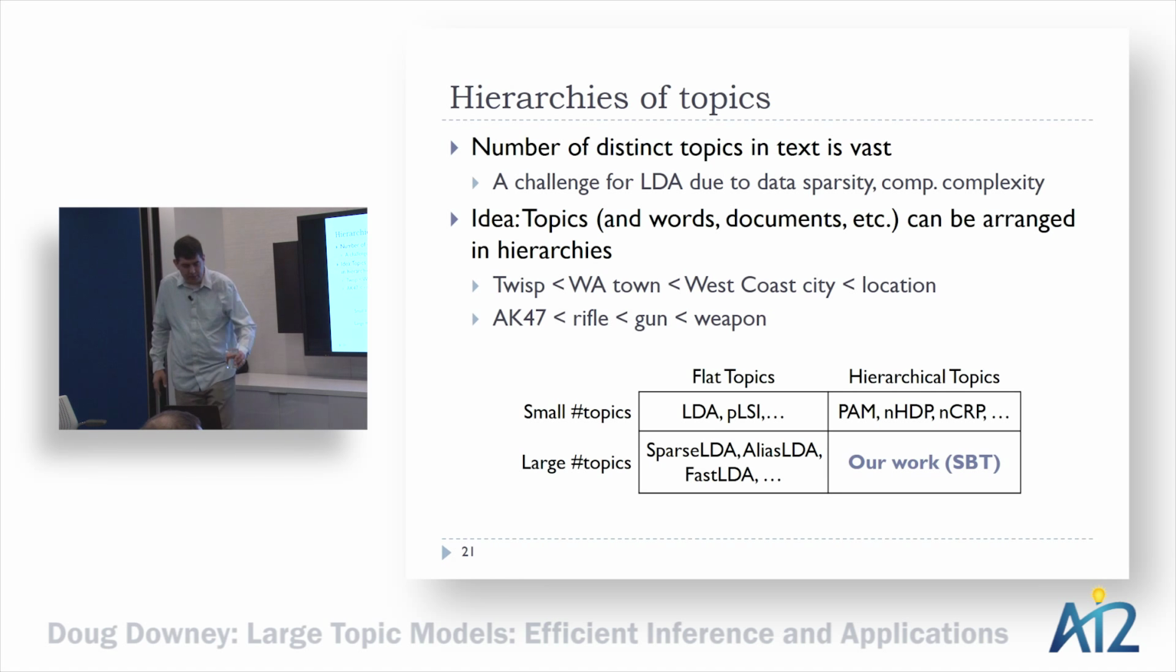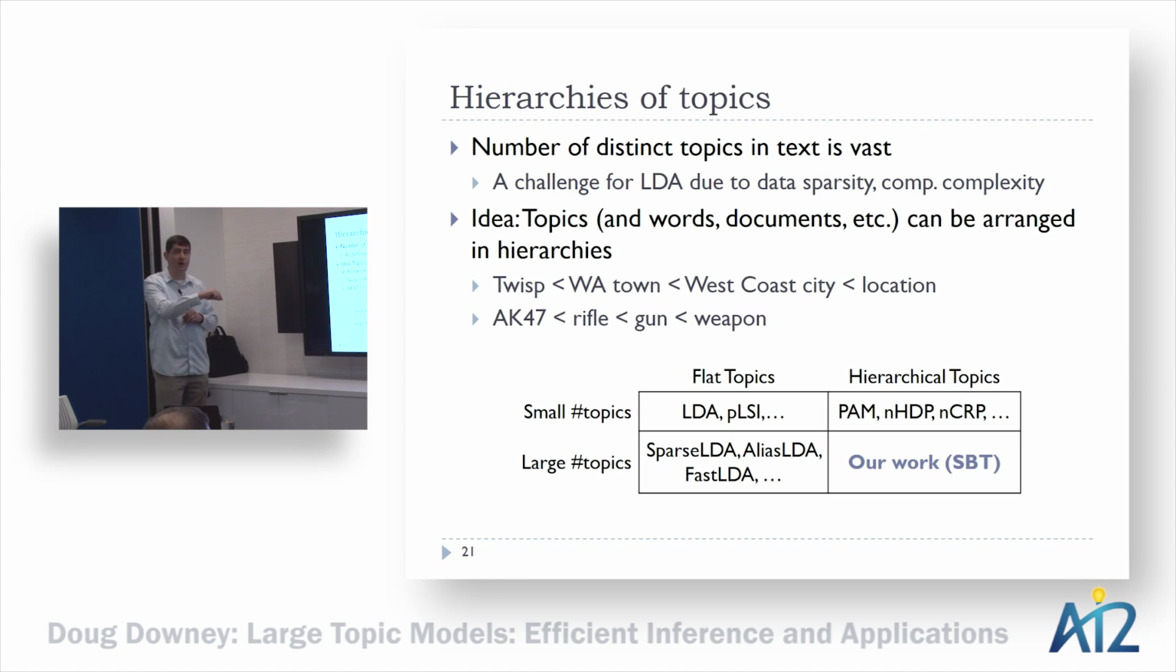So why do people use small topic sets? Well, there are two challenges, right? One is that we run into computational complexity. And in recent years, a lot of work has been done to attempt to extend topic models like LDA to large sets of topics. So sparse LDA and alias LDA are two relatively recent techniques that allow you to learn LDA models over huge